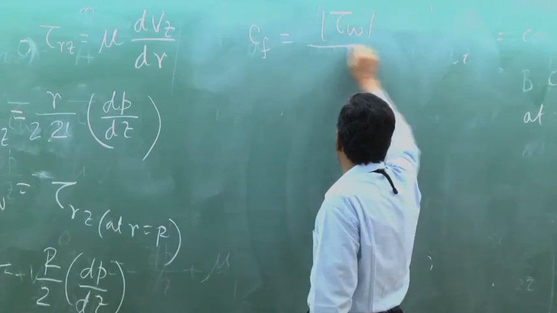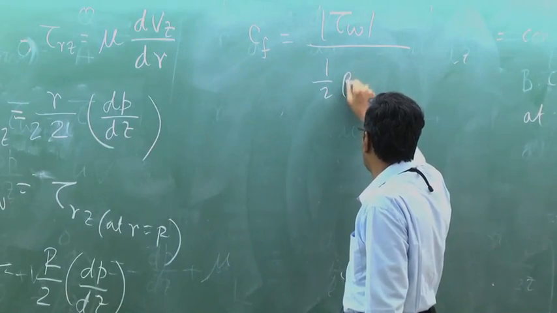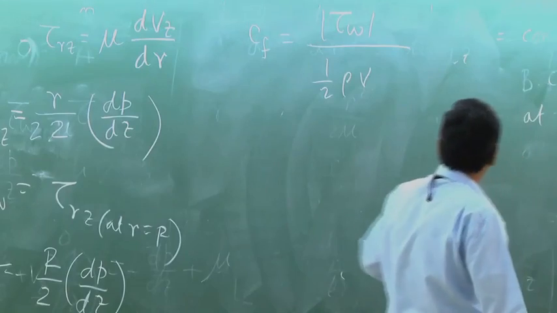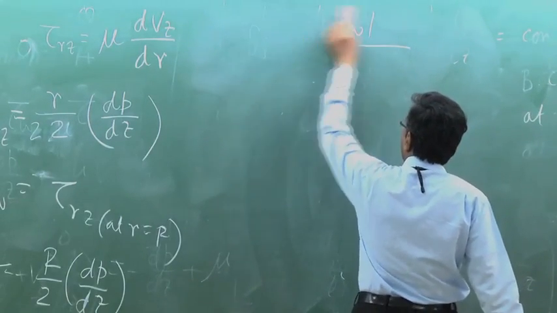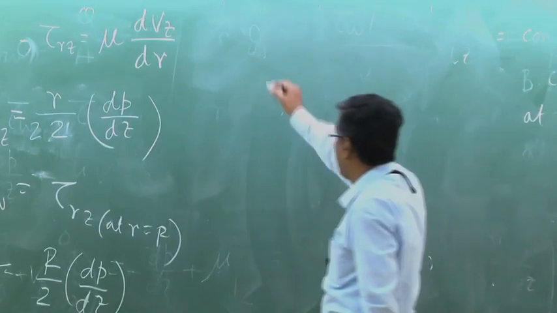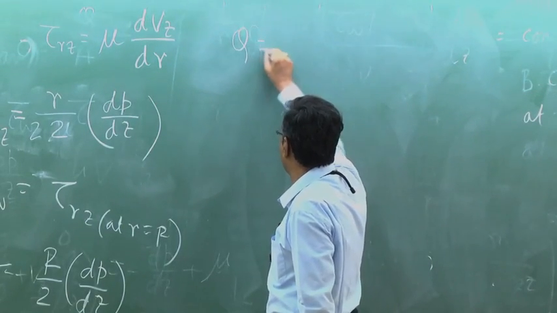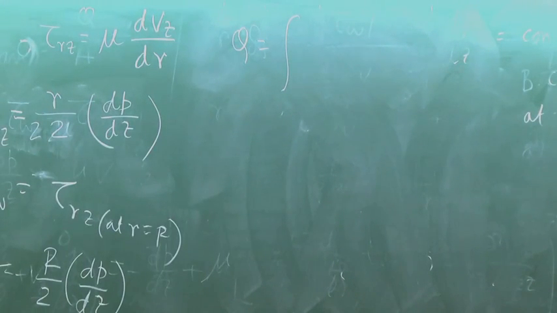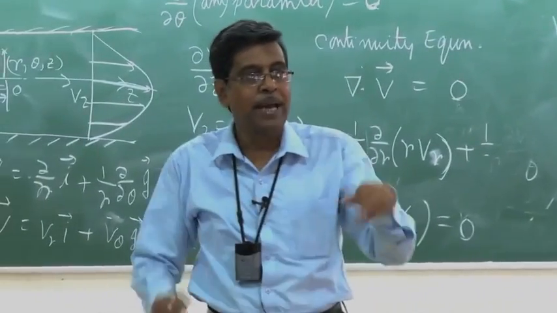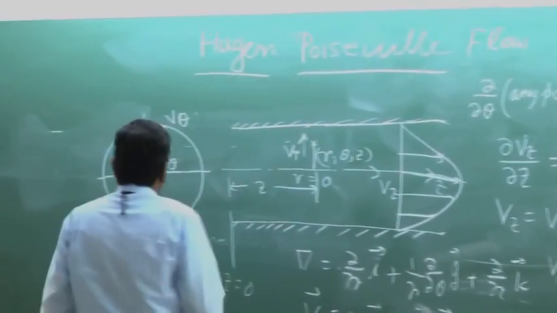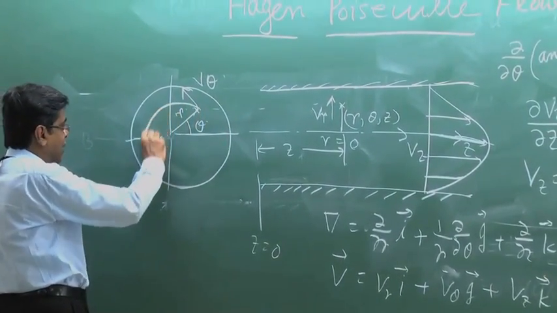So similarly, if you write the friction coefficient as half rho, before that I have to find out Vz average. Sorry, I have not found out the Vz average. Before that I have come to the shear stress. Now let us find out average velocity or volumetric flow rate. In case of a plane geometry, the volume average flow is simply the arithmetic average. But here, to find the volume average flow, we have to consider an